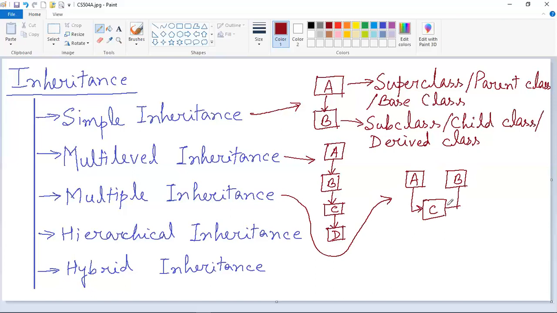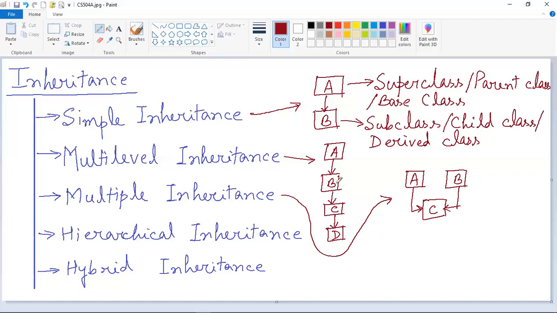So multi-level inheritance is basically only one subclass will be there, and for that one subclass, more than one superclasses will be there. Here you can see that two superclasses are there. Two is more than one. You can have three superclasses also, or you can have four superclasses also, but remember that you should have more than one superclasses. So I have drawn here two. You can have three or more also if you want to implement multiple inheritance.